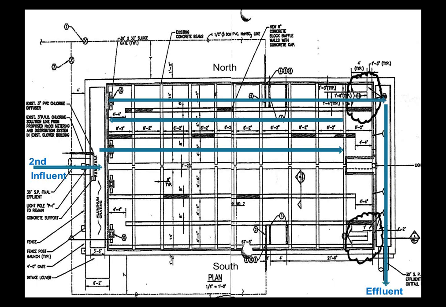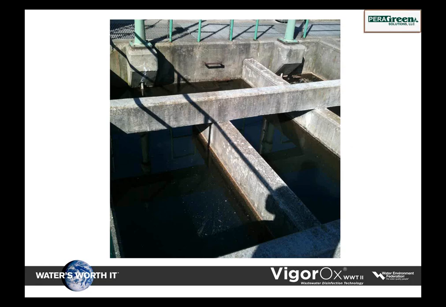Next slide, please. This shows the same chamber, looking at it from the south, and you see up at the top there's a grating. That's the head wall. You can see on the right side is where it splits. The first chamber comes back down, the second in the middle, and then back down the third. I want to show you that because of how clean the walls are. This was on PAA, and you don't see any slime in the system. Next slide, please.